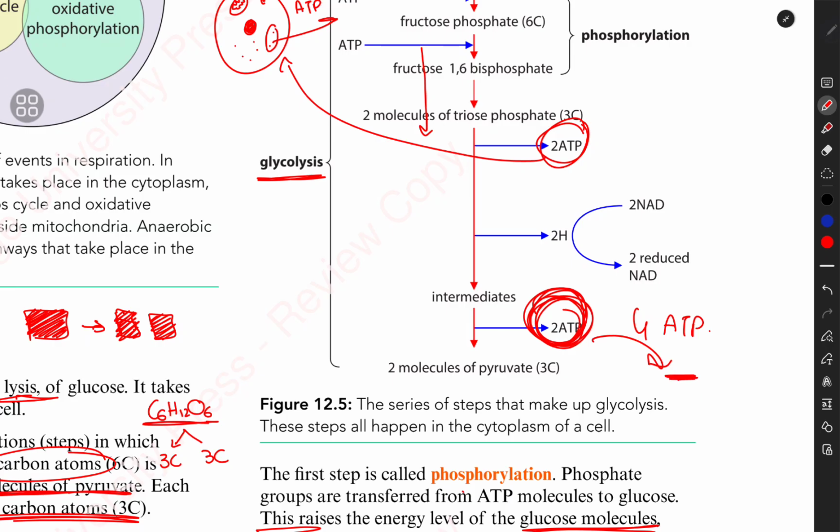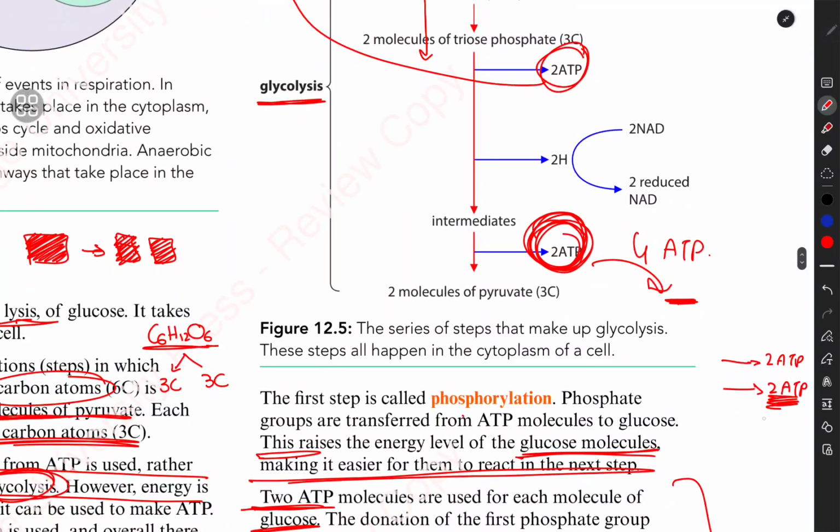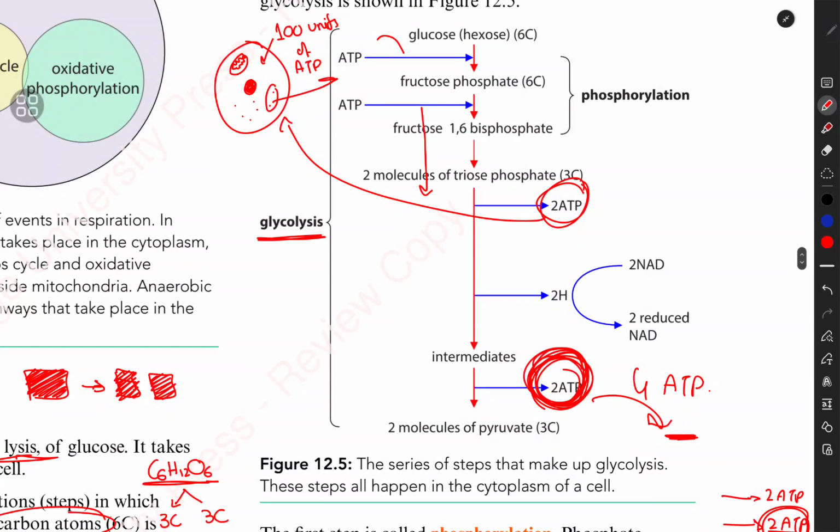So for example, they will be used up in the first 2 steps, but then we get 2 ATP here and 2 ATP here. So then we still get 2 more ATP. This process can continue, but the thing is that only through glycolysis we will have 2 net ATP that we can use up again. So we get these 2 extra ATP, we can then use these ATP again in another